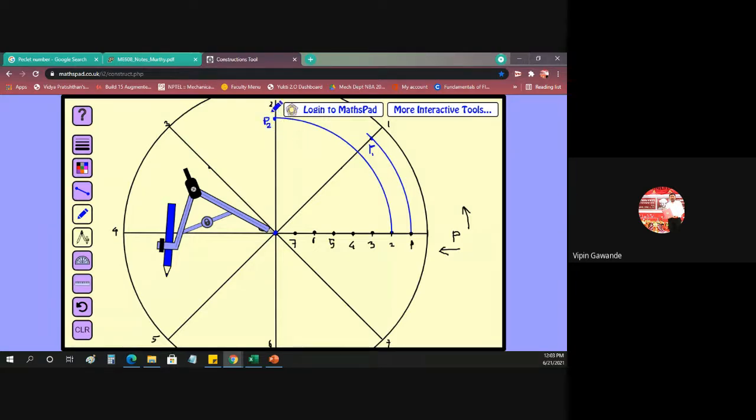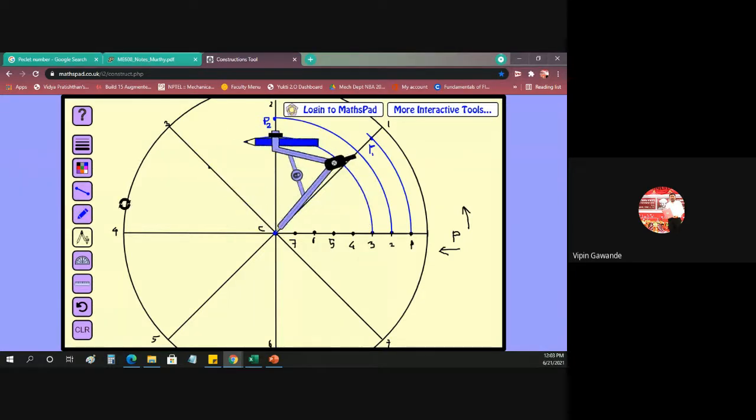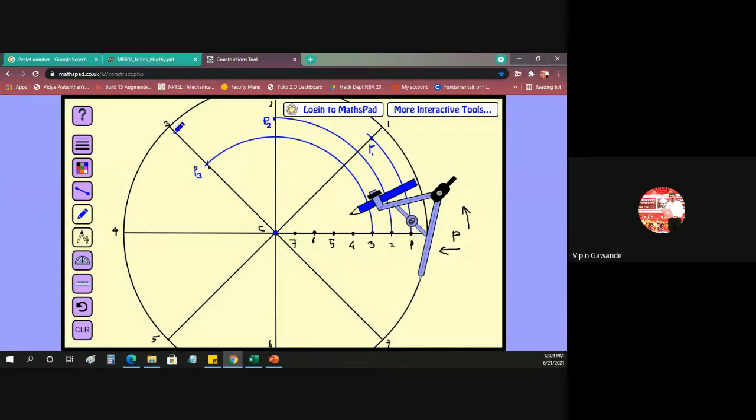How much division does the P point move? Two divisions. Here it is one division, here it is two divisions. It is coming inside two divisions here. Now the next one is C3. We will take the C3 distance in the compass, up to here. Now you see here, this point is P3. That means when the CP line comes here, the P point comes three divisions inside. So it has taken three divisions, that means 1, 2, and 3.